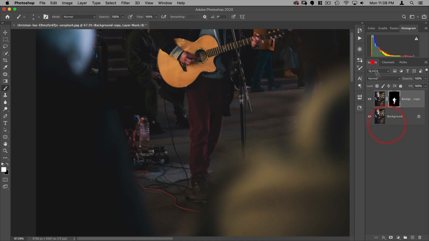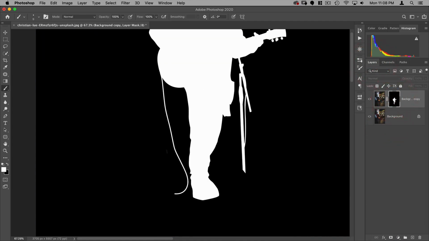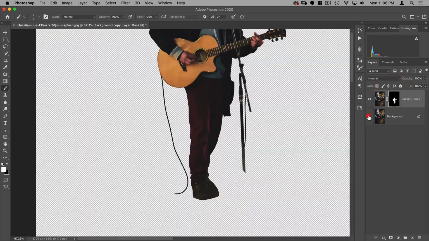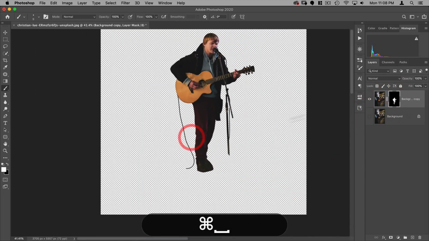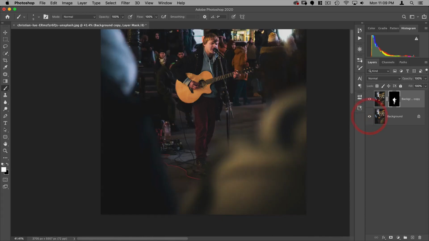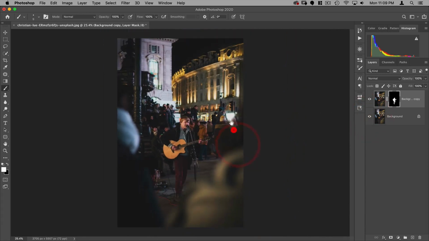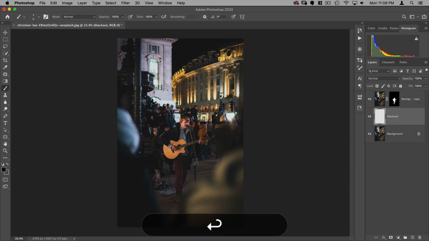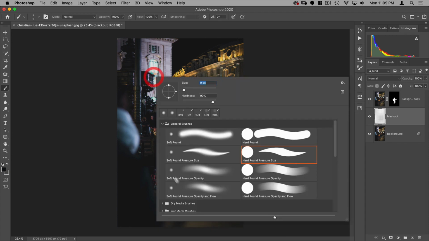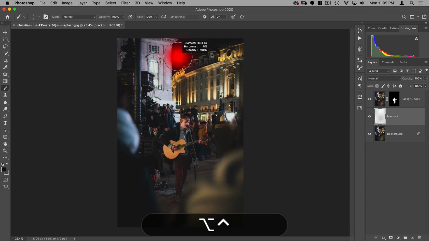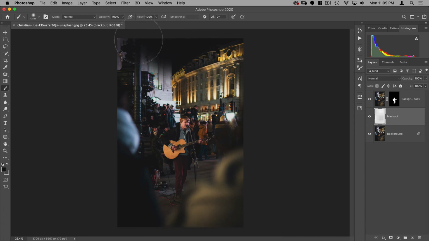So I just stroked it, and if we look here, you can see that cable is now in my path. Just like that. Perfect. All right. Now what I can do is start painting this background. So what I'm going to do is I'm going to call this blackout. What we're going to do is with a large soft brush, I'm going to select this sky color and just start painting.